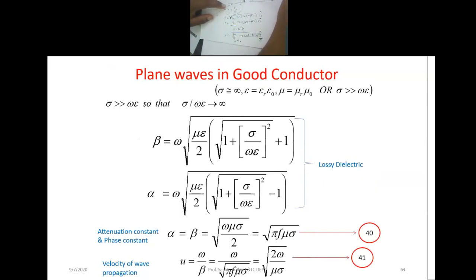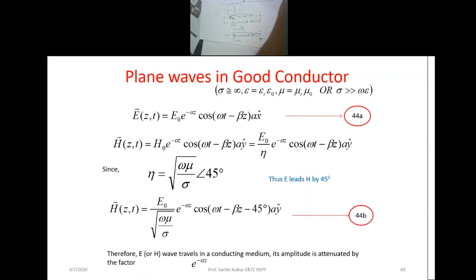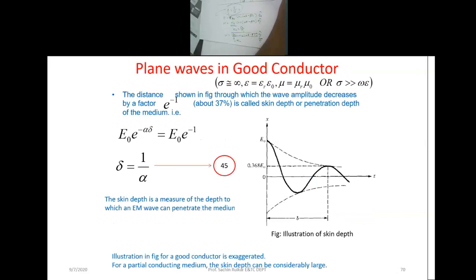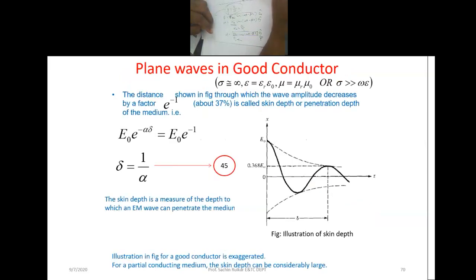Now this one is about a plane wave in a good conductor. Alpha and beta are the same. Conductivity is very high for a good conductor, so that's why alpha and beta are the same here. Similarly, we are writing the equations for alpha and beta for the conductors and all. Now plane waves in a good conductor. This one is the same here.